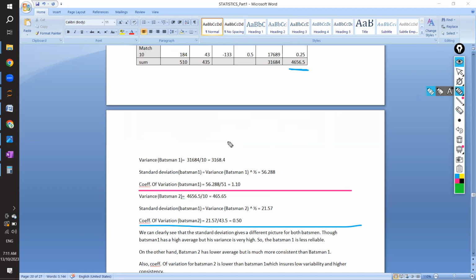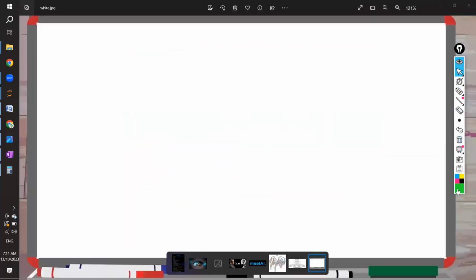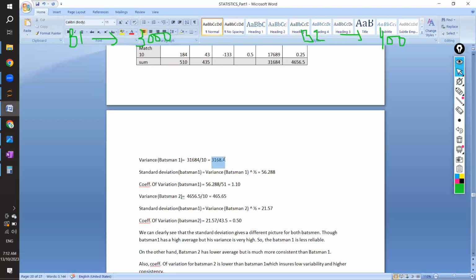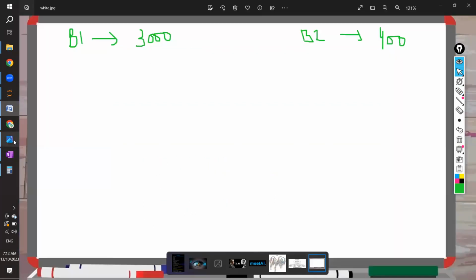But the important point here is to see the variance of this guy. You can clearly see the variance of this guy is this much and the variance of this guy is very little. But what is this variance trying to say? That is important. For the first guy, batsman 1, it is roughly 3000, right? For batsman 2, it is 400. Agree? So what is this trying to say? It is saying that each and every value